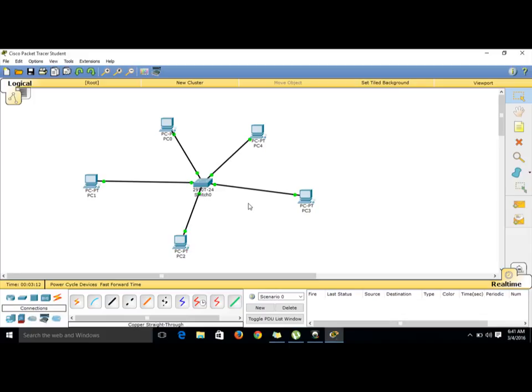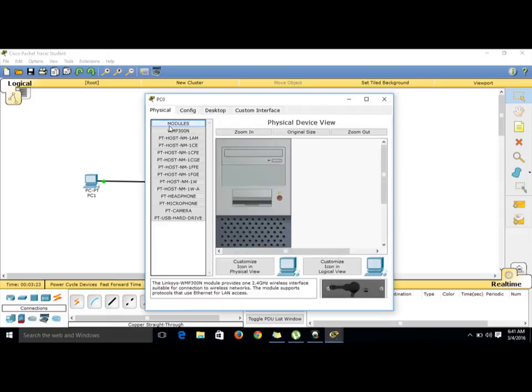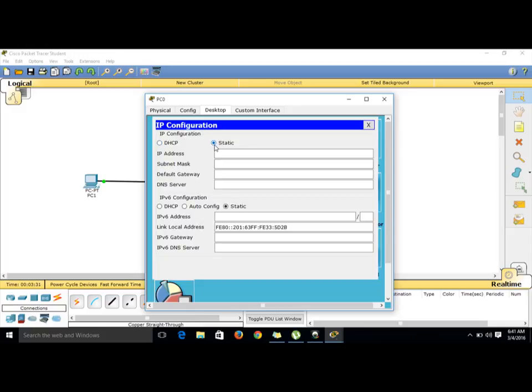Now our next step will be to configure the IP addresses of the PCs. You click on the PC, our first PC, PC 0. You go to desktop, IP configuration. Make sure static IP configuration is selected. Go into IP address. We are going to create a network in the Class C category. An example of a network under the Class C category is a network which has as